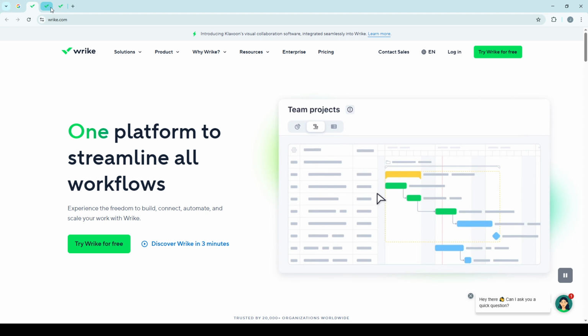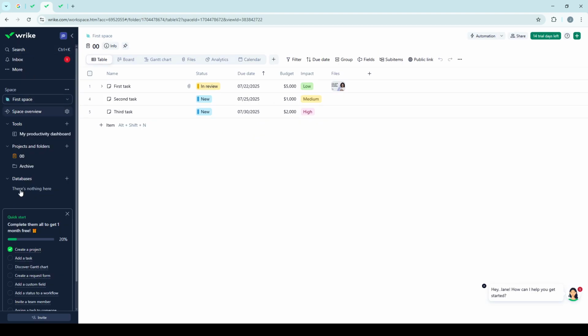Next, locate the space in the sidebar to which you want to add new users. Spaces in Wrike are essentially the hubs for your projects, where all tasks and processes related to specific projects are organized. Selecting the right space is crucial for ensuring that the correct team members have access to the relevant information